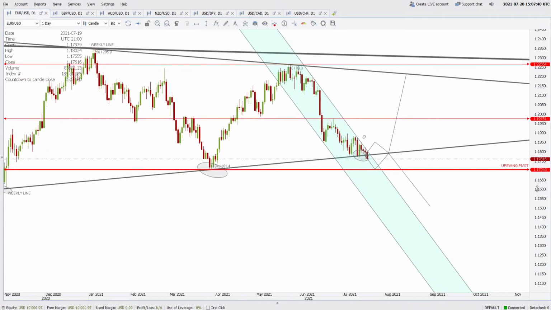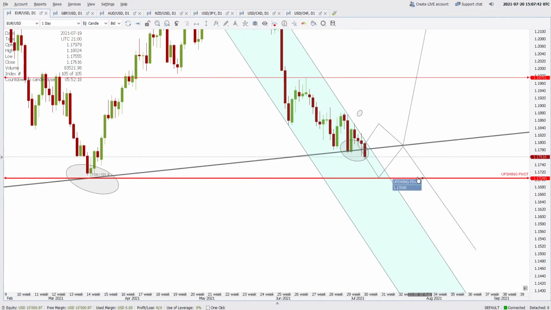So what information do we get from here? If we close today below this falling rising trend line, the weekly line, then 1.1704 is exposed. That means there is a chance that the sellers will push the price even down to test this as the new support. And if this upswing pivot gives support to the price, there is a chance the price will